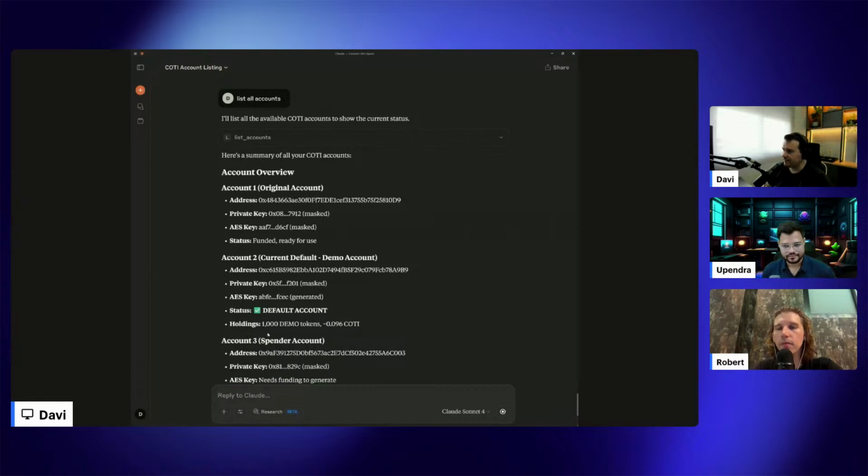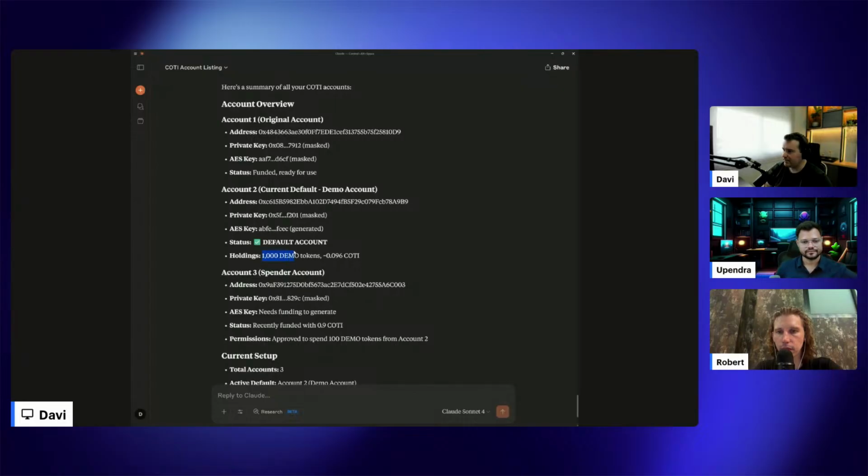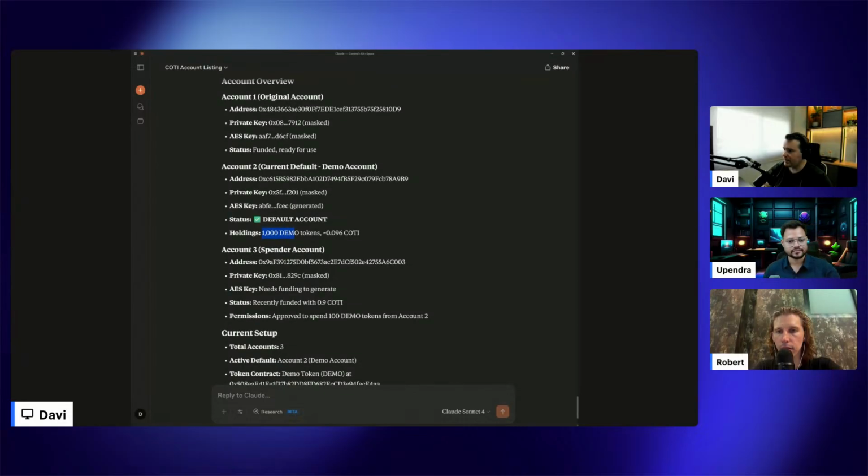We have a default account holding 1,000 demo tokens. We have a third one that we created now to use as a spender account, which has 0.9 COTI. And this account has permission to spend 100 demo tokens from account 2. That's good. We have a good overview.